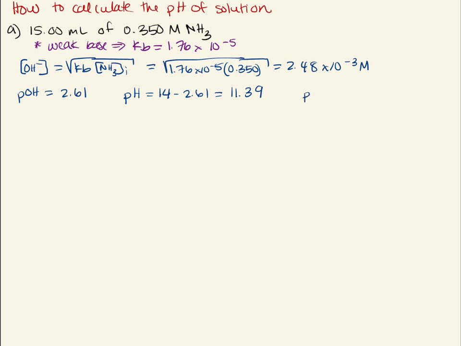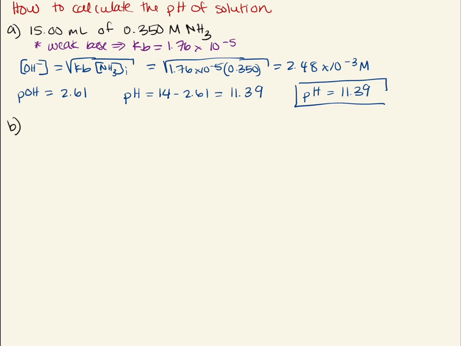So my pH is equal to 11.39. As you can see, this calculation is exactly the same way as calculating the initial pH in a titration curve. So the next one we're going to look at